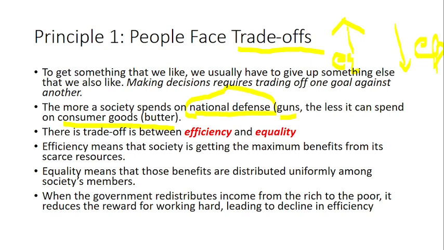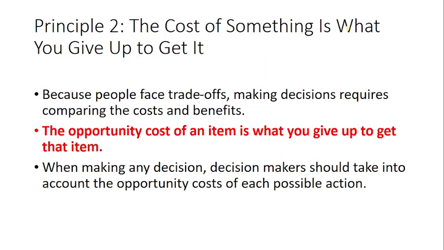In this way, when you come to different things in economics, when you deal with different people in the market, when you try to behave in the economy, to purchase different things, to sell different things, or to engage in different economic activities, then you can see different kinds of trade-offs. Trade-off between efficiency and equality, trade-off between the production of items for national defense and consumer goods. This is the first important principle that Gregory Mankiw is trying to explain in his book, that is, people face trade-offs. Let us come to the second important principle.